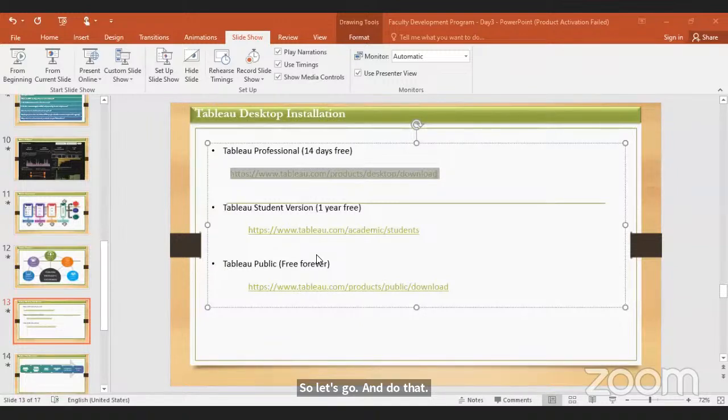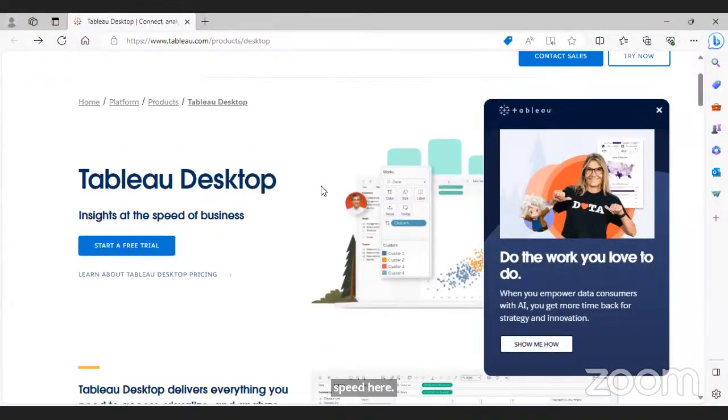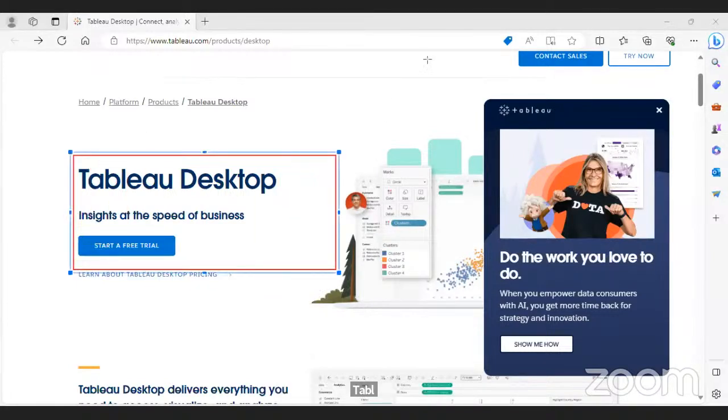Okay, I have shared a link. Kindly click on the link, all of you. When you click on the link, you will have this page here. On this page, you will notice you have a Tableau Desktop start a free trial option. You can click on start a free trial